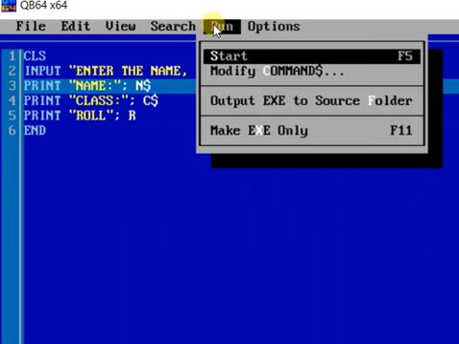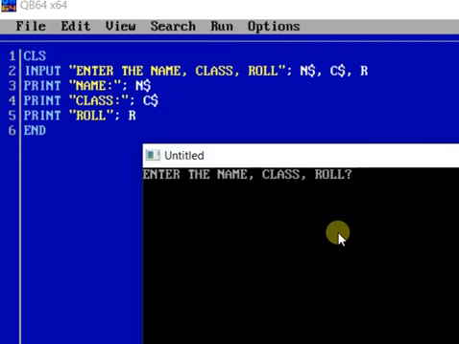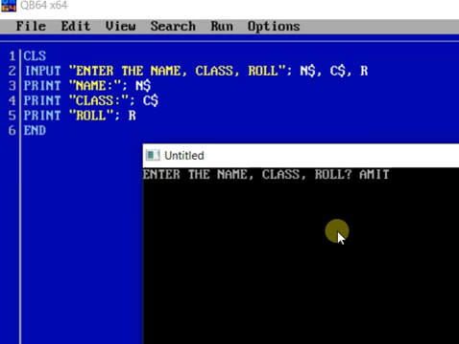Now if the sequence is not matching, suppose Amit you have given, okay, but in place of class you have given the roll number, suppose 7, and in place of roll you have given VI.